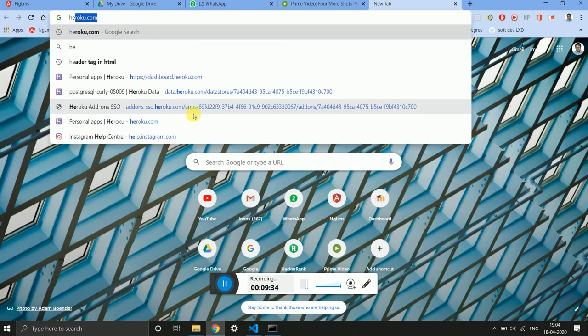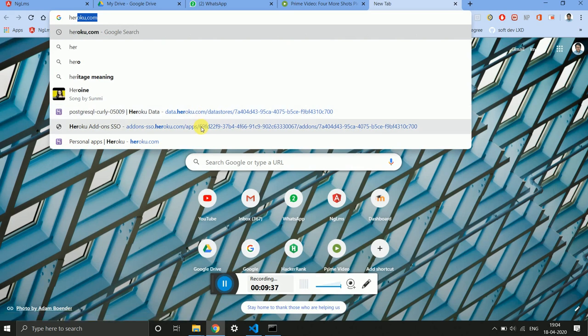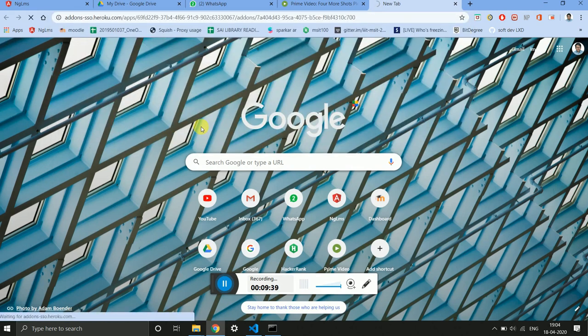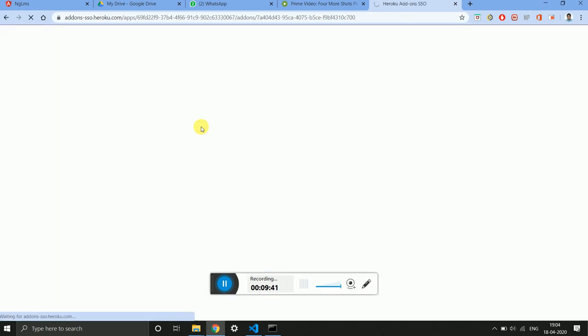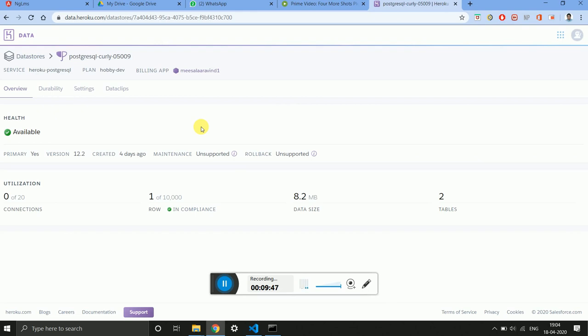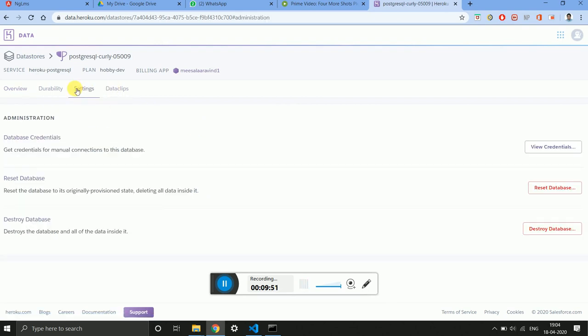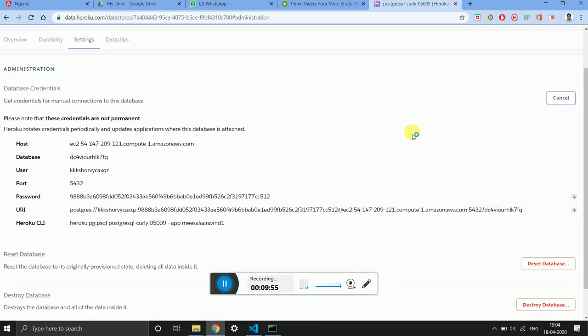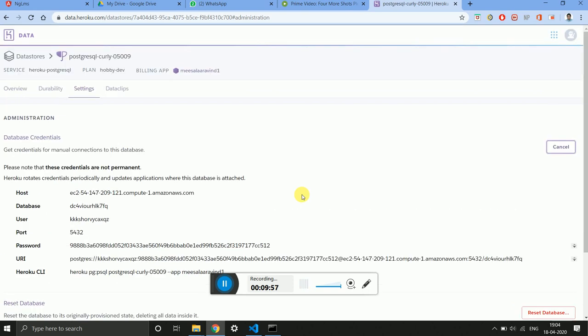So heroku.com. Yeah, this is the account on Heroku, and I want to look at my view credentials. So these are the credentials.